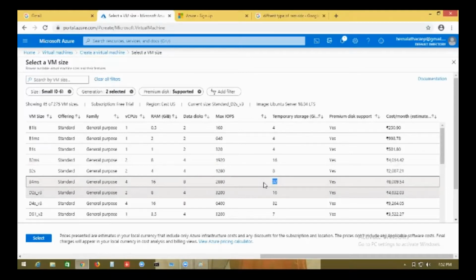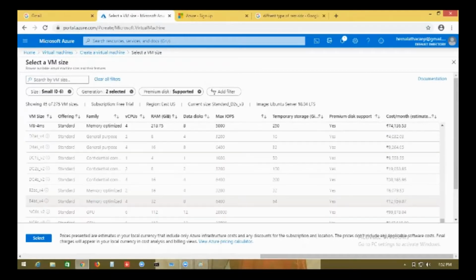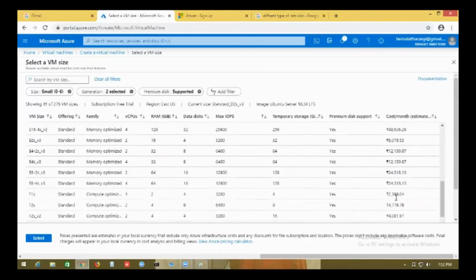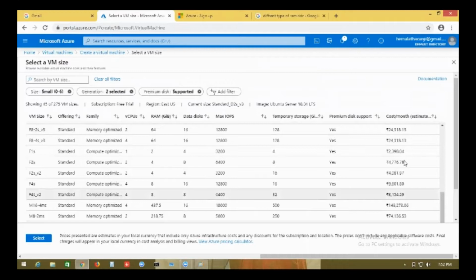Number one, you must be careful about your purpose. Number two, you must be careful about your capacity. What capacity of virtual machine you are going to create, and why you require so much capacity, because each capacity has a price. You can't go and say, no boss, I want to create this machine which is coming in 1,81,000, or I want this machine which is coming in 2 lakh, right?